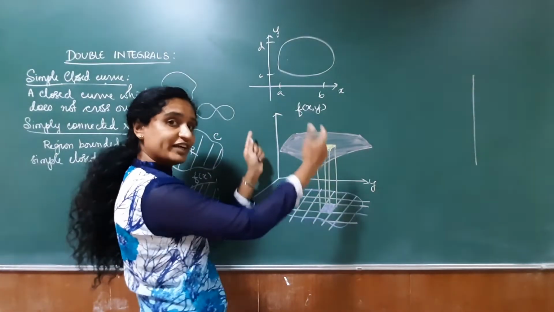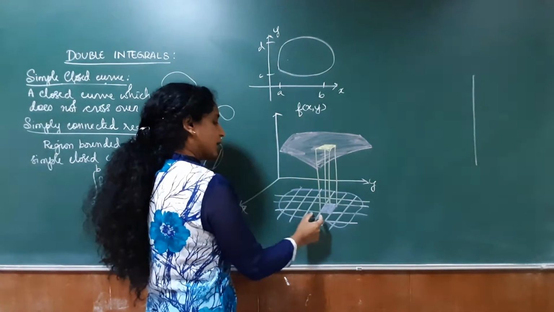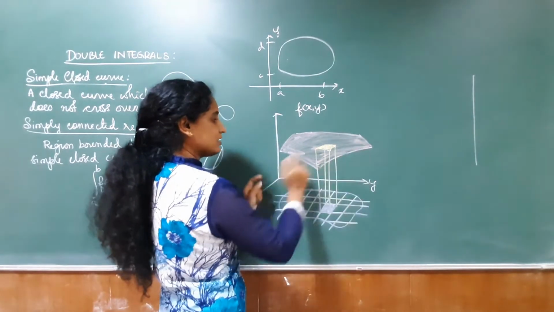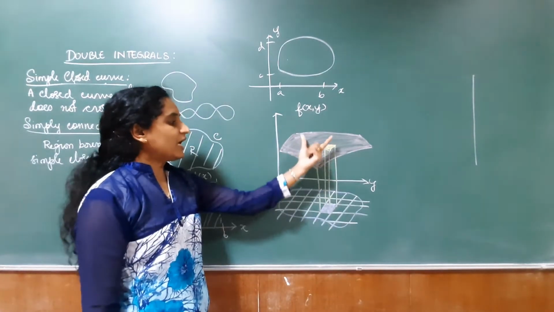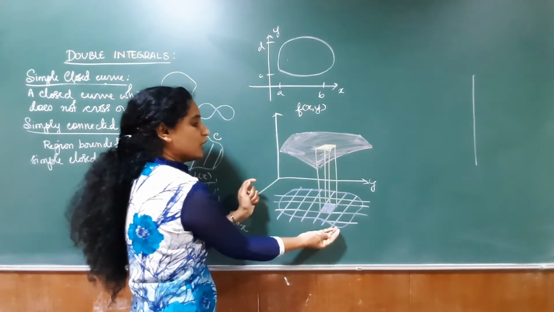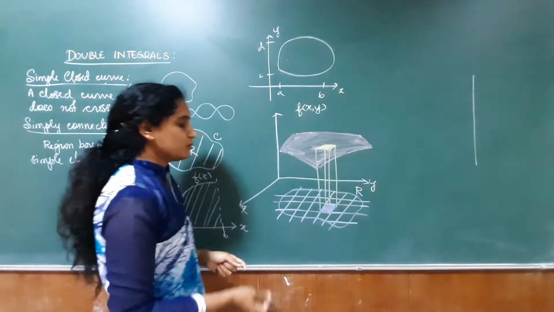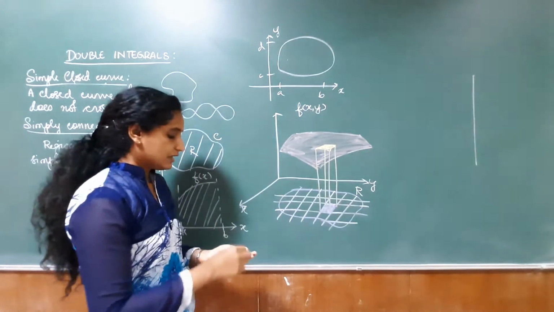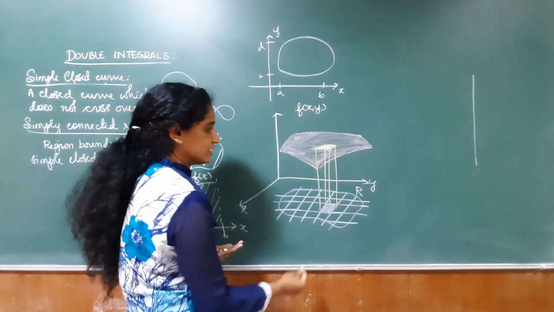Now what is the idea to find the volume of the entire solid? I will take small rectangles, all the rectangles. I will simply take the parallelepiped standing on those rectangles, and I will sum the volumes of all of those individual parallelepipeds. I will get the volume of the entire surface bounded on top by this function, bottom by the region R. Now we will try to find the volume of each of them. Suppose I have divided them into n rectangles, and this is one such rectangle I am taking and finding the volume of.